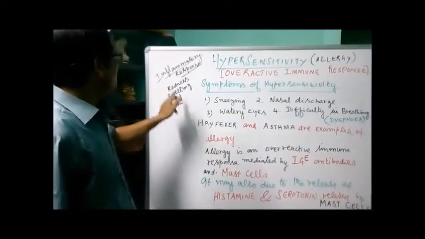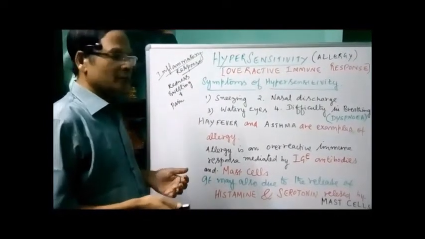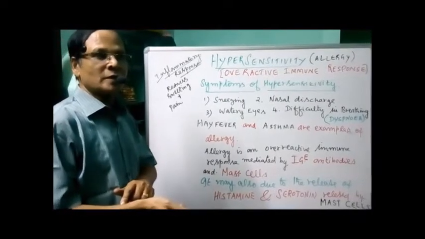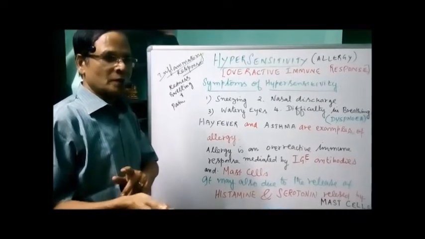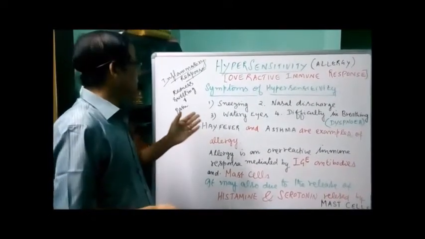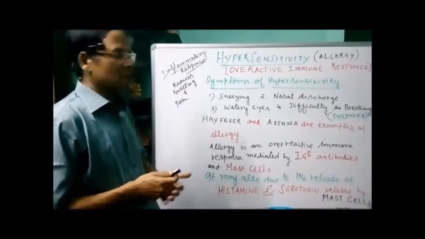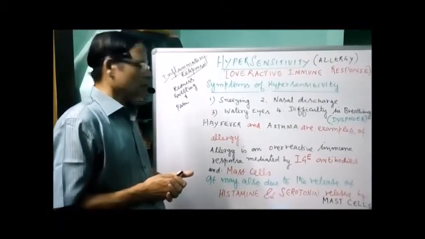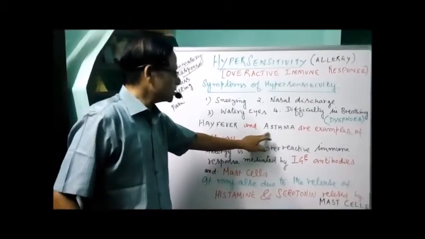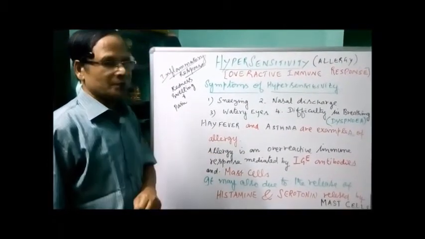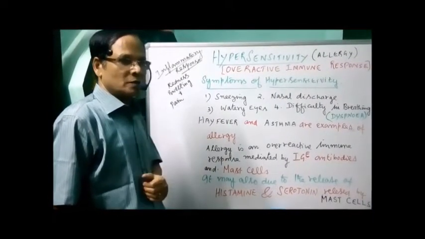It also results in an inflammatory response: redness, swelling and pain at the site where you are stung by a honeybee or any other insect. The protein in the form of venom is injected into the body and stimulates an overreactive immune response, called an inflammatory response. As I mentioned earlier, hay fever due to pollen grains and asthma due to dust allergy are examples of allergy.